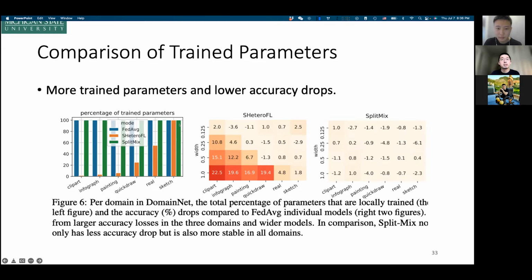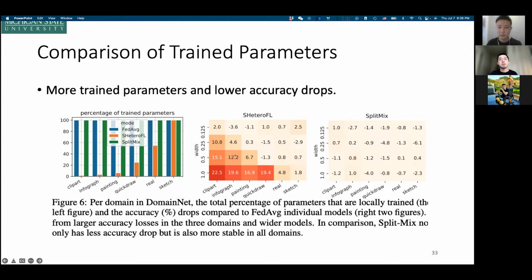In comparison, we see that FedRBN does not have this advantage.